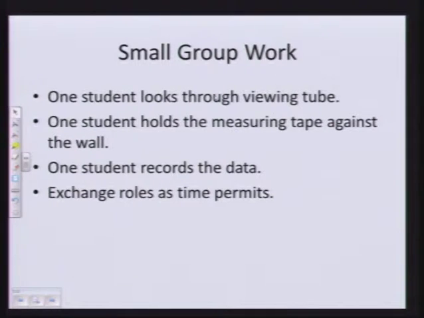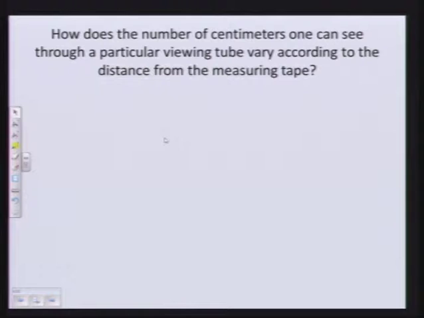And if you have time, you could exchange roles once you've collected the data from one person doing the viewing through the tube and let somebody else do it and see if you're getting comparable results. So what we want to explore is how does the number of centimeters one can see through a particular viewing tube vary according to the distance from the measuring tape. So let's make sure that you understand the setup for this by looking at a volunteer helping me here to